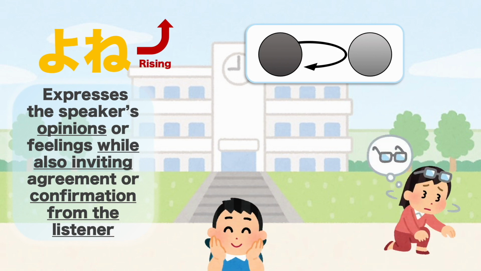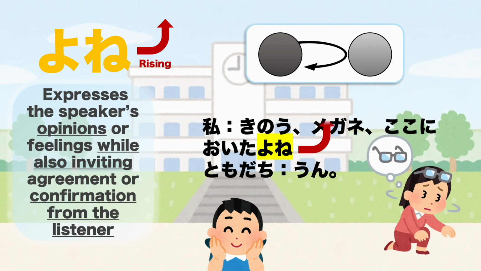The first example is yone with a rising intonation. The example is an informal conversation between me and my friend, in which I ask her to confirm the location of my glasses using the particle yone. I receive confirmation from her after using yone. 昨日メガネここに置いたよね。 It is important to note that in this context, neither ne nor yo can be used in place of